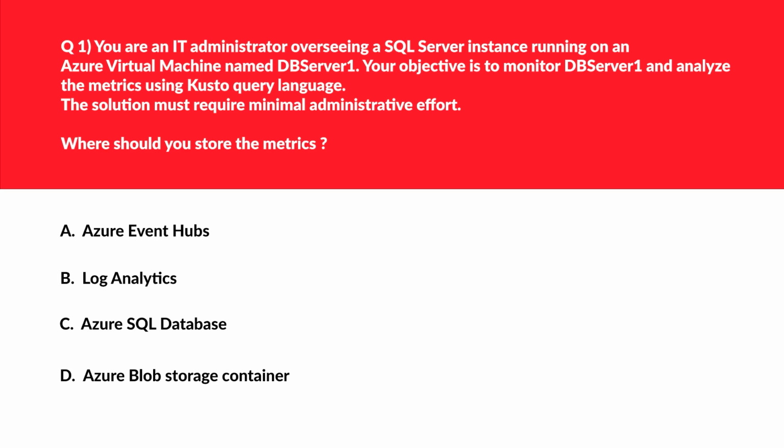Alrighty, so let's tackle our first question. Always mark the keyword as it will help you to arrive at the correct answer quickly and save time. So let's first look at option A, C and D. A says Azure Event Hubs, C says Azure SQL Database and D says Azure Blob Storage Container. So if we look at these three options